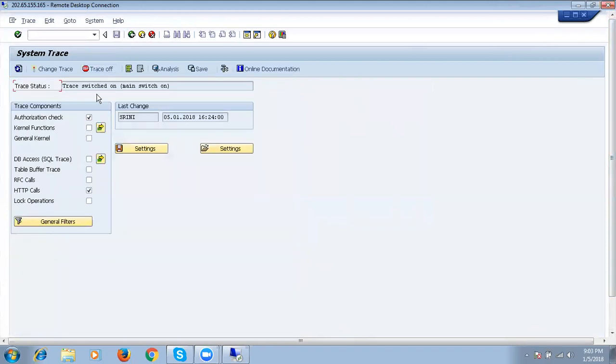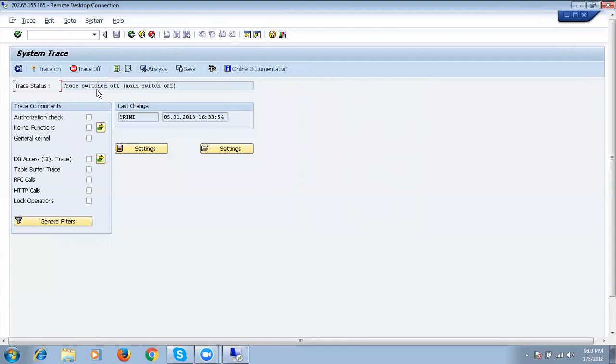After taking the trace, before coming out of this ST01 T code, we must switch off the trace. See, trace is now on. We must switch off the trace, otherwise the system keeps on taking trace for that user. So before going out of this ST01 system trace, we must switch off the trace.